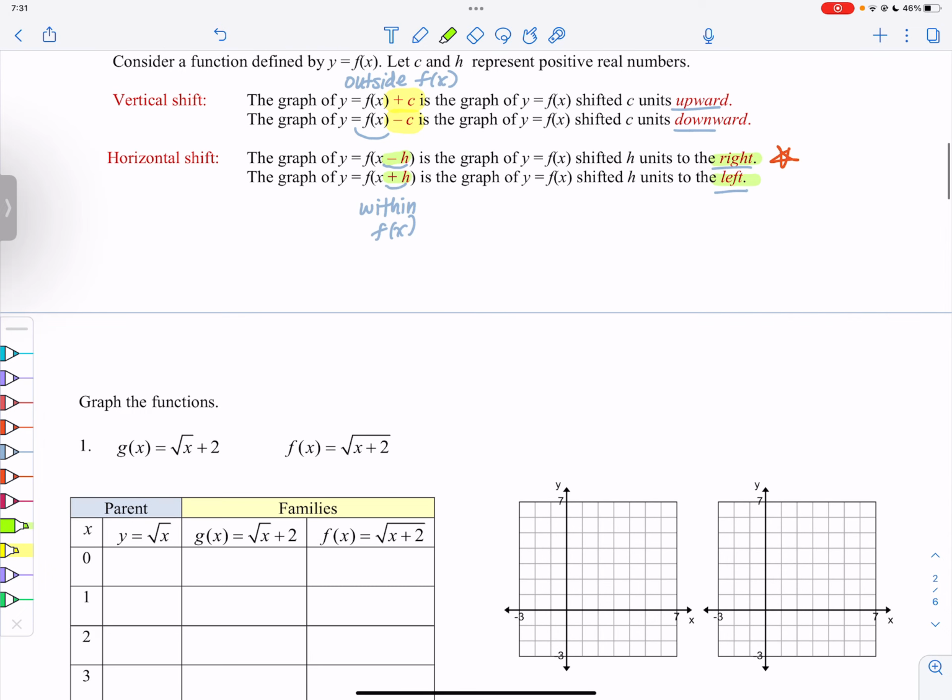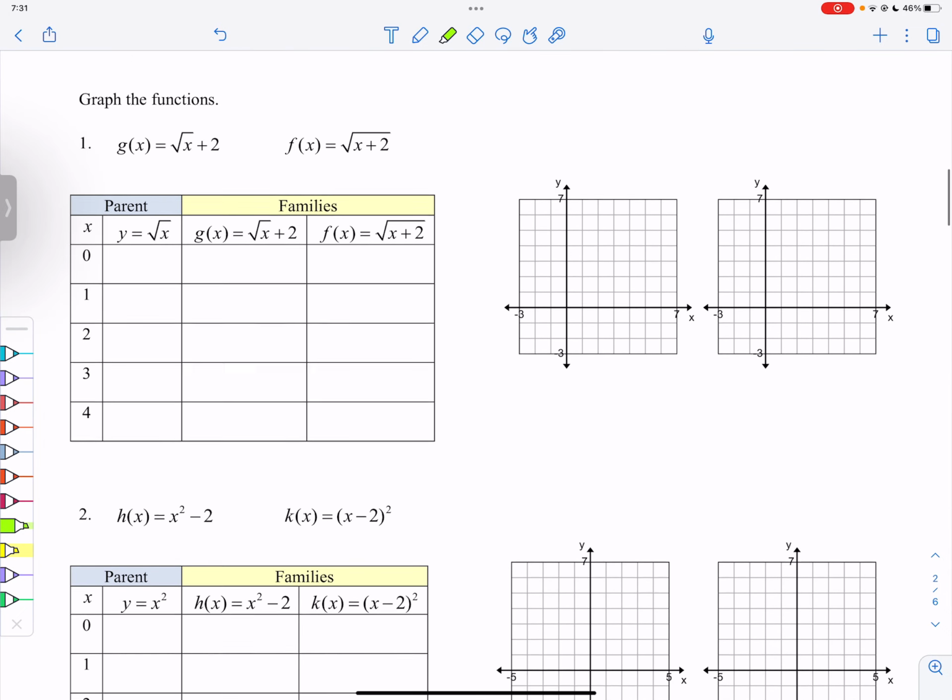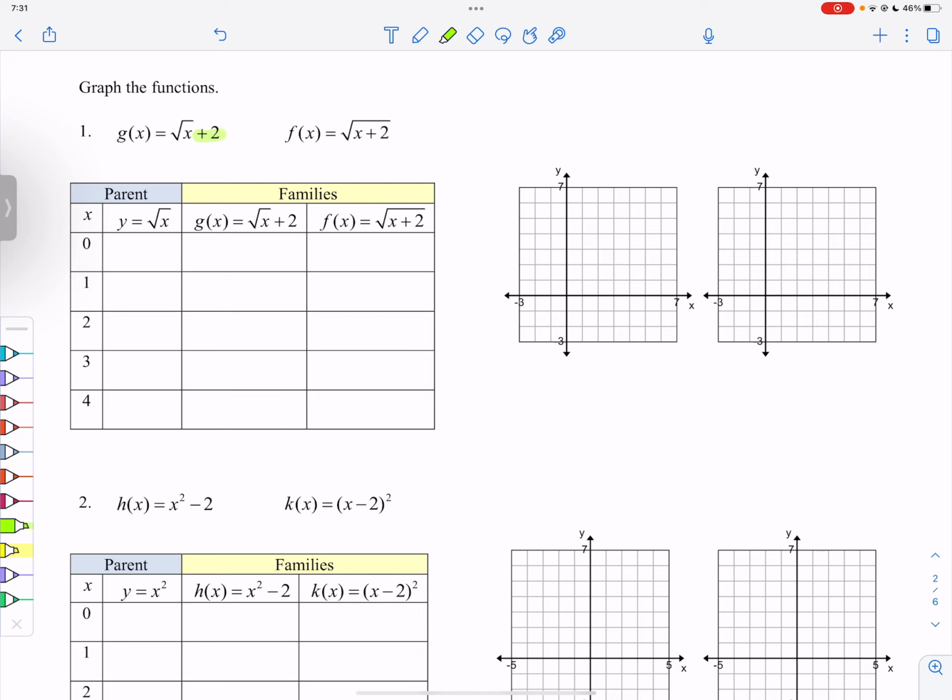Let's go ahead and try a couple. Look at the difference here. Here we are on the outside, and here we are on the inside. So this is on the outside of the function, and this is on the inside. We're adding 2. So what is this parent function or this basic function? The original function was